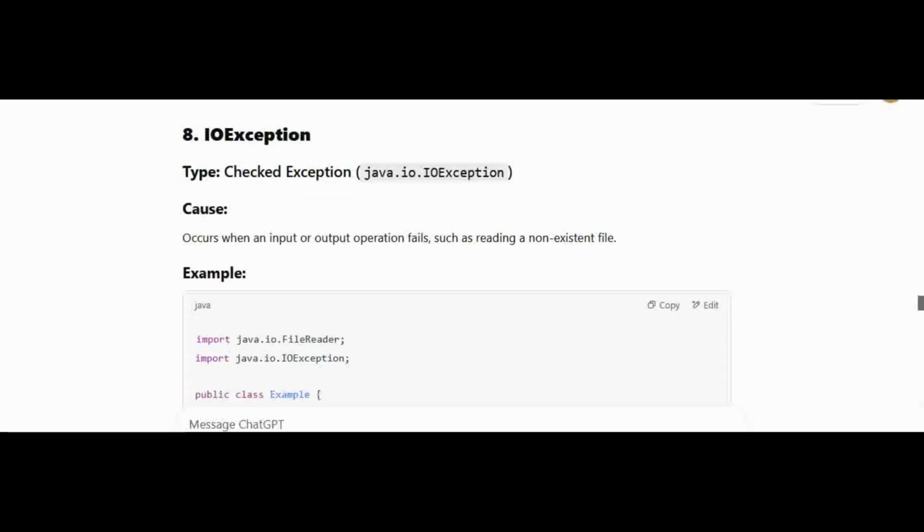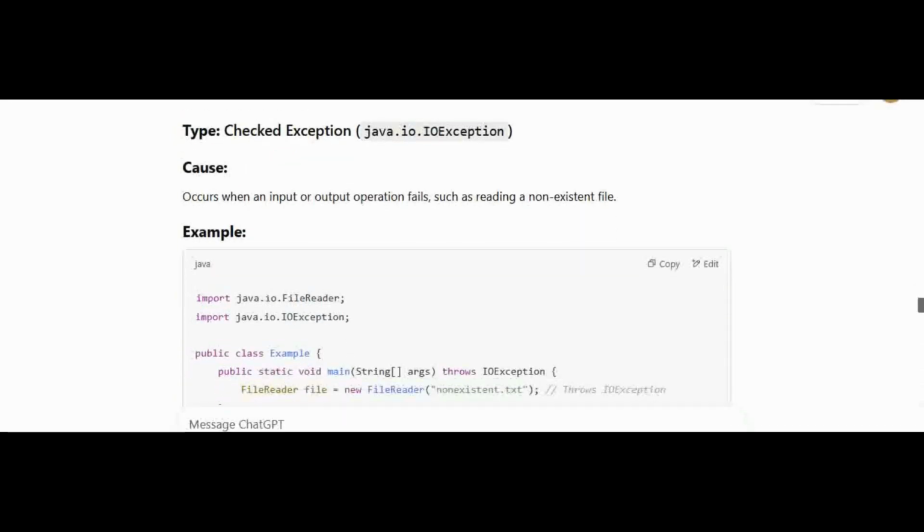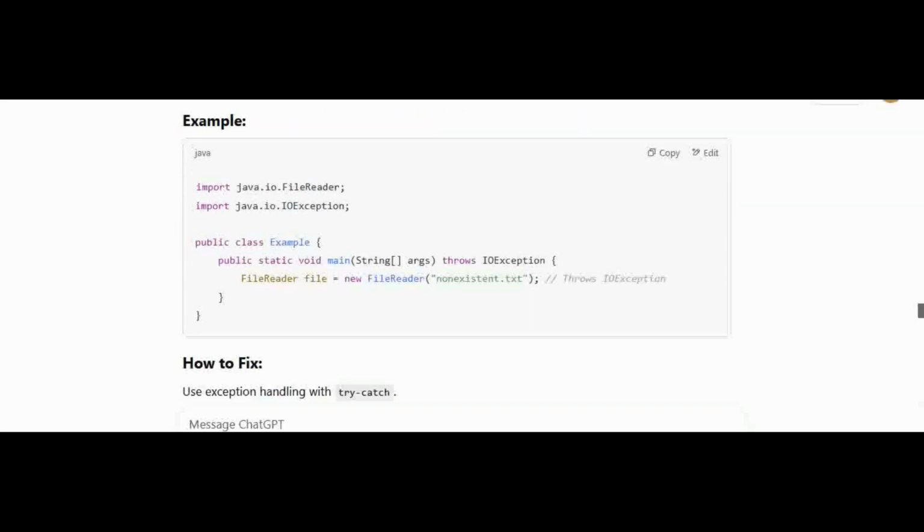We have import java.io.FileReader; import java.io.IOException; public class Example { public static void main(String[] args) throws IOException { FileReader file = new FileReader("nonexistent.txt"); // throws IOException } }